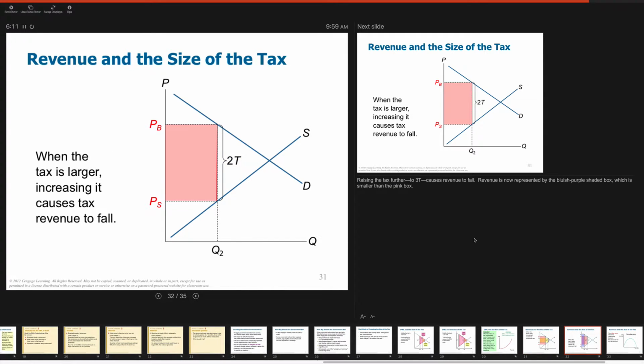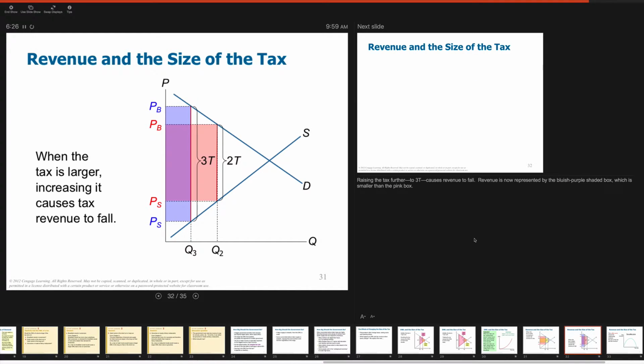Okay. When it's a large tax, when it's already that large, if we increase it, our tax revenue is actually going to go down. So you get to a tipping point, just like with deadweight loss, where the bigger you make your tax, the less good it does you. You actually are overtaxing and losing revenue because you're taxing so much. Is that the idea? And this is leaving the market? Yes, this is even true for inelastic or mostly inelastic goods. People will do everything they can to try and find some sort of substitute.